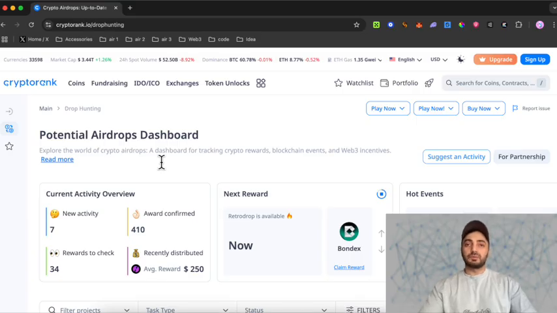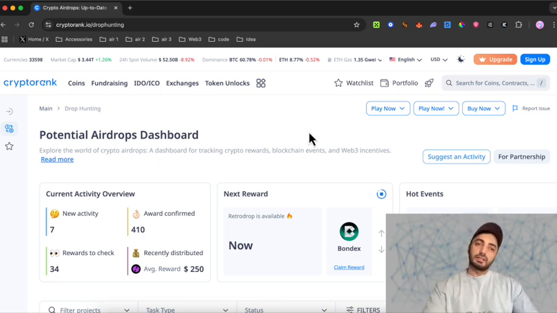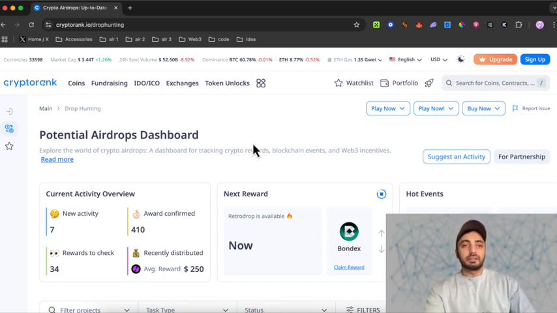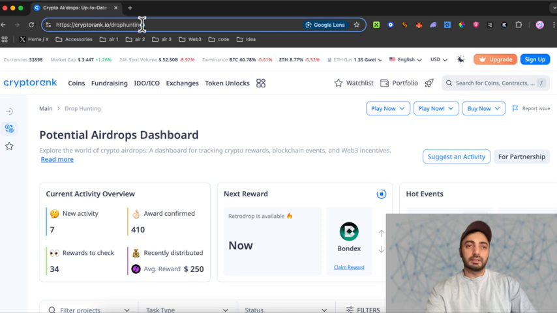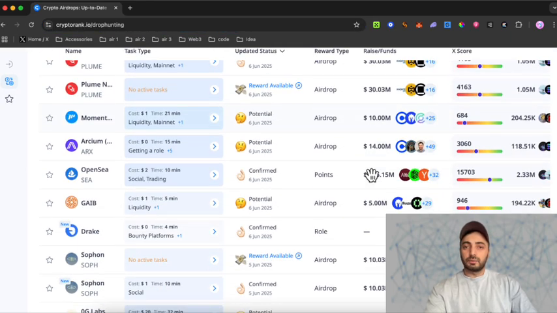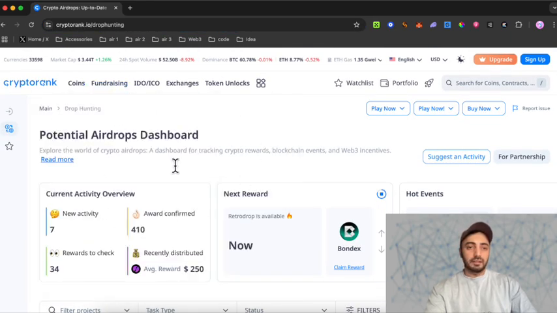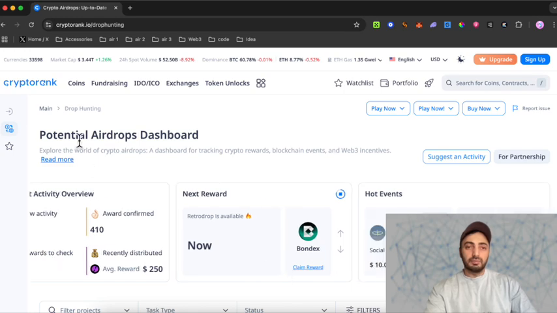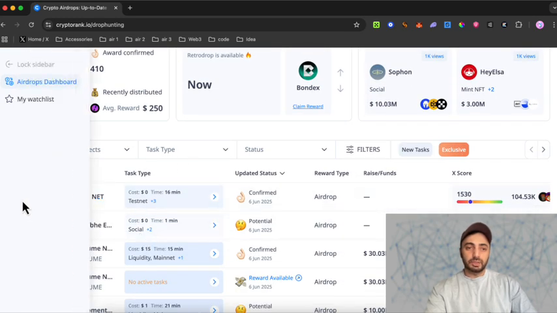So I'm using some websites for finding new and potential crypto projects. But first I want to show you a website called cryptorank.io. So we open Chrome and then we search for this URL cryptorank.io/drop hunting. So a page like this will come, and then here we have many potential airdrops shown as a